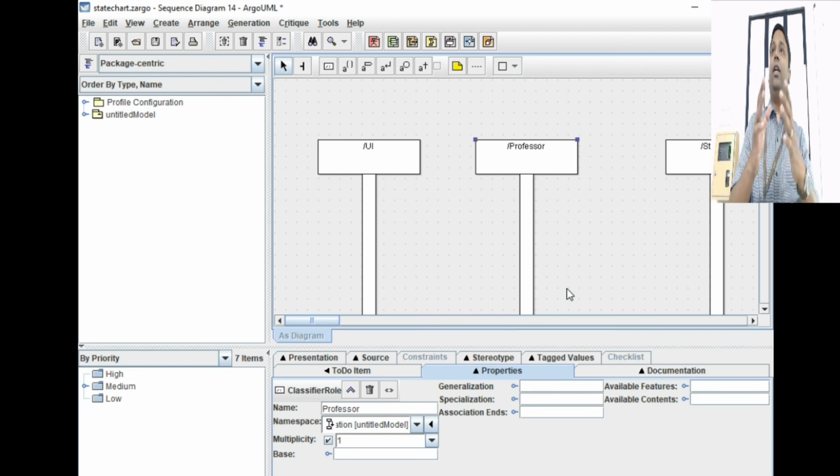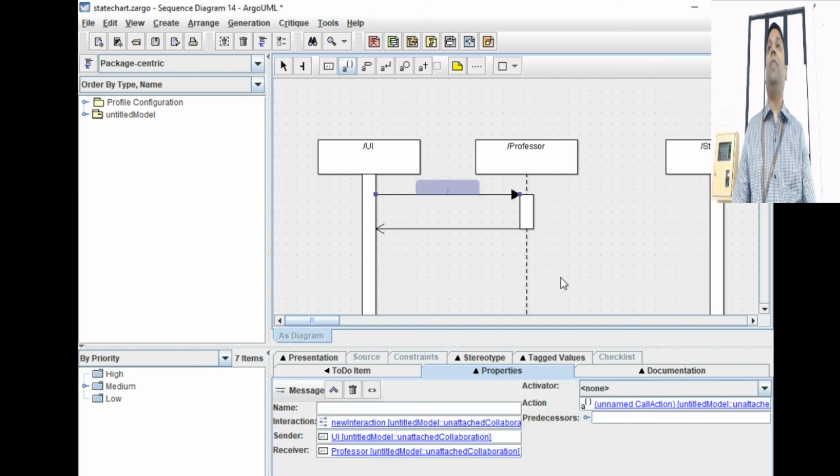You have to decide whether the calls are synchronous or asynchronous. So we know we are going to do a synchronous call. You see on the top, you have many buttons here. New call action, new send action. New call action is nothing but a synchronous call. Just click on this arrow mark and that's it. It automatically gives a return because it's a synchronous call. And it also denotes an activity for your call.